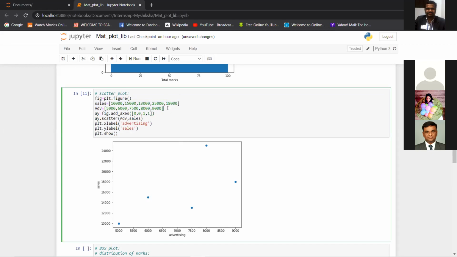Conceptually, you can also think of a practical example. Sales are always dependent on advertising, right? So advertising becomes your independent variable, and sales is your dependent variable. The dependent variable will always come on the y-axis. And in linear regression, we always try to predict using our model. We predict the dependent variable using the independent variable.